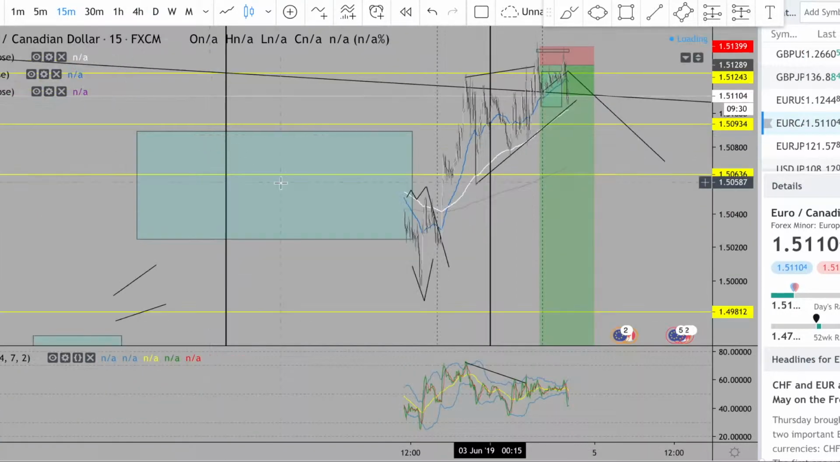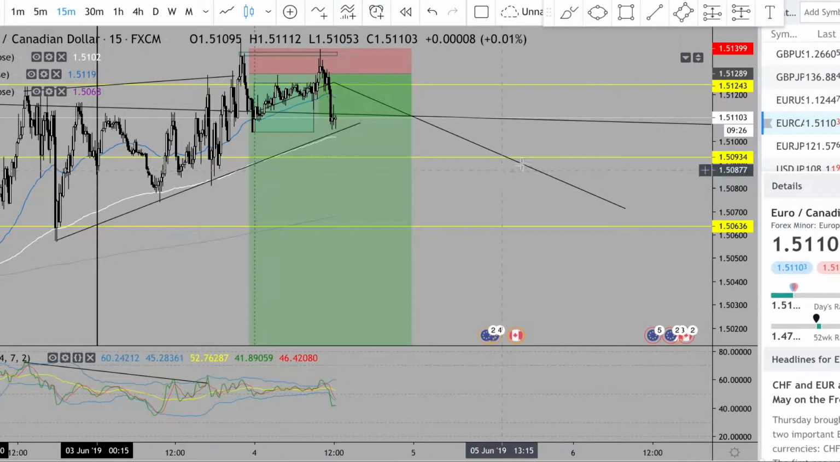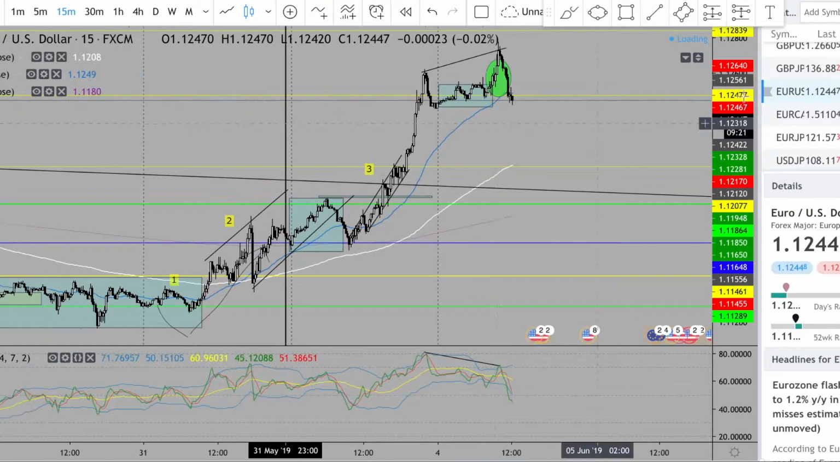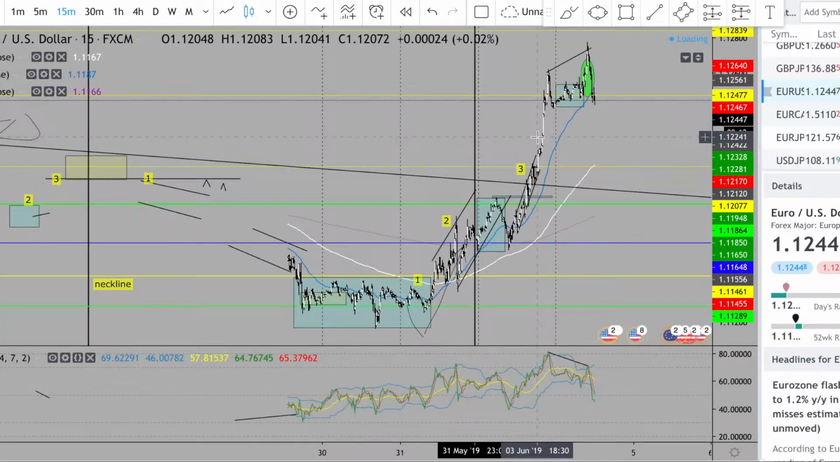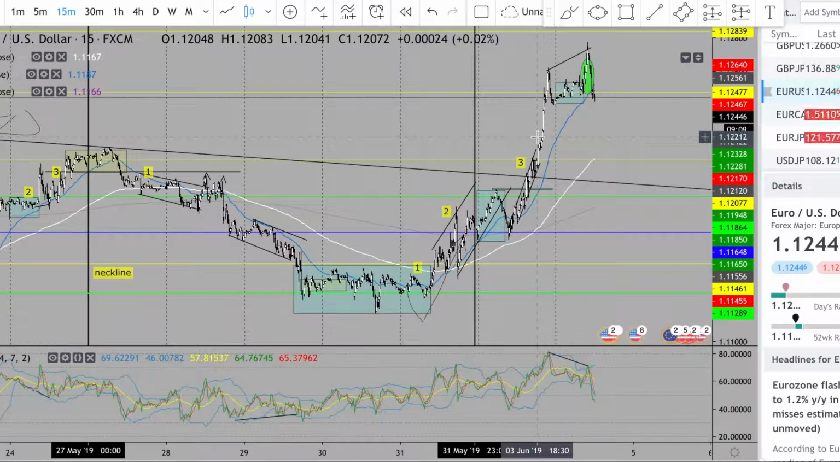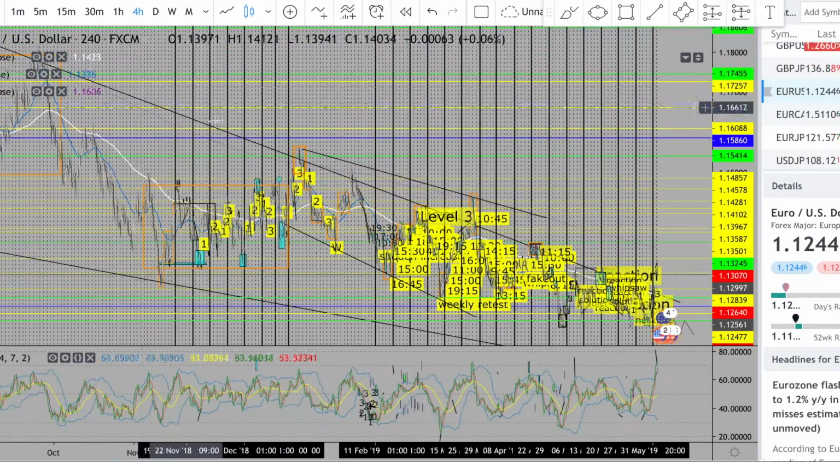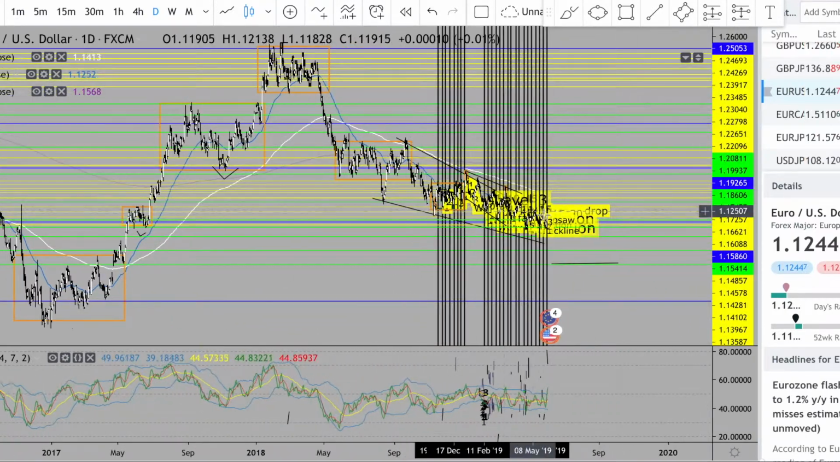Another reason why I entered this trade is because in each EUR pair, such as EUR/USD, EUR/CAD, EUR/JPY, it's forming the exact same patterns in different themes. So in EUR/USD, you can see it's been going down forever. This is the daily chart. It's been going down forever,